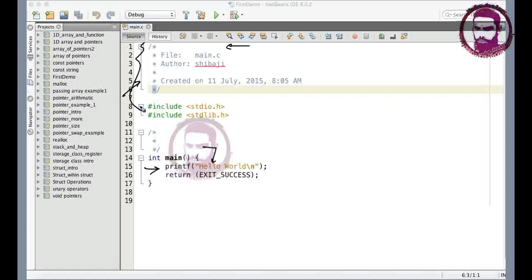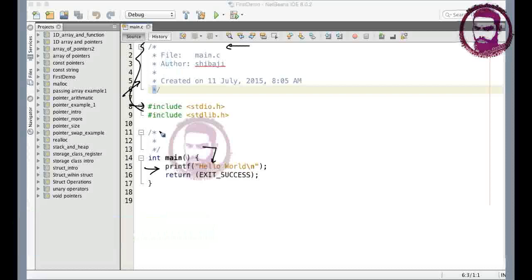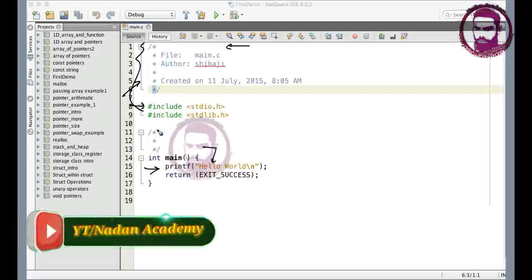Okay, and then the compiler comes here, and please remember, I am saying again, that the program starts from main. When the operating system starts execution of our program, it starts from main. But when the compiler translates our program, it starts from the first line of the program. You may compile the program today and execute it anytime later in future, as many times as you need. So when the execution takes place, it's from main, but when the compilation takes place, it's from the first